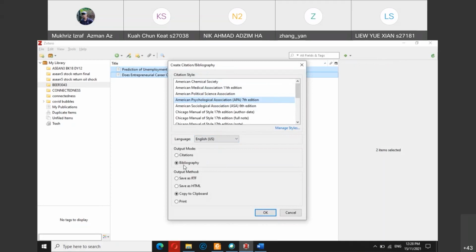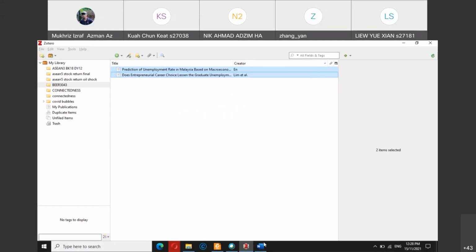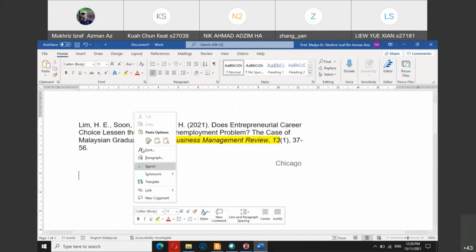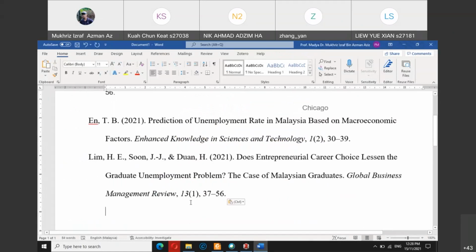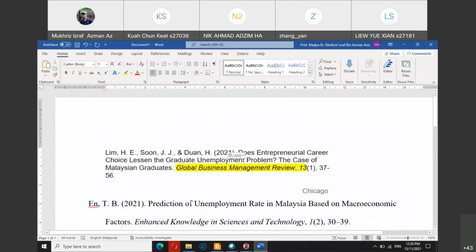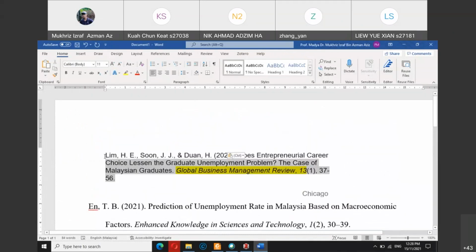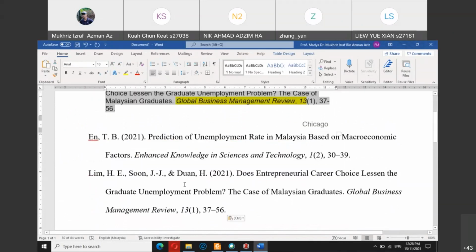So you want to choose create bibliography and copy to, which by default will be bibliography and copy to clipboard. Click OK. Once you click OK, you can go to your Microsoft Word and just paste here. If you compare it to the one copied and pasted from Google directly, compared to the one that you copy and paste from Zotero, you can see that it's already